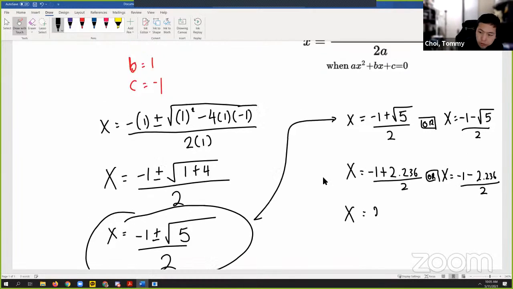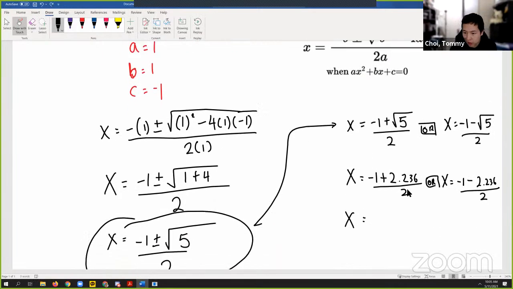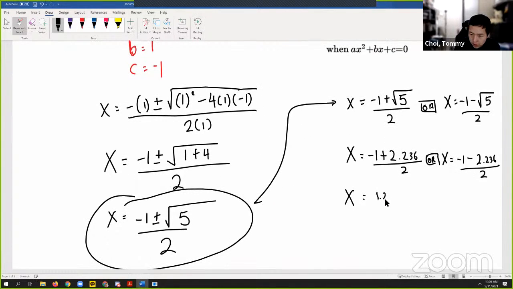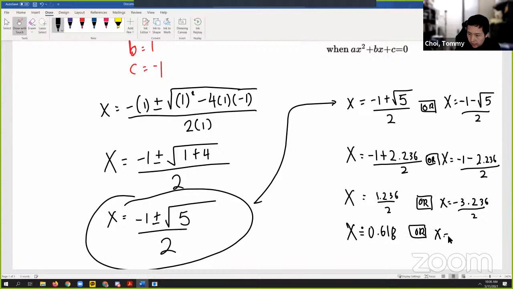We get 1.236 divided by 2, or we have negative 3.236 divided by 2. Then we solve that out, and I will get x is approximately equal to 0.618, or x is approximately equal to